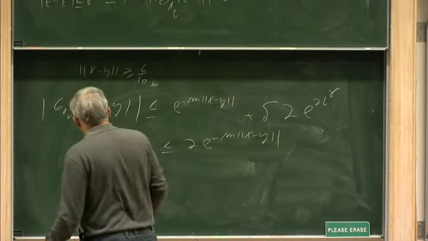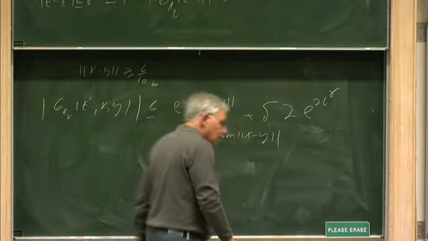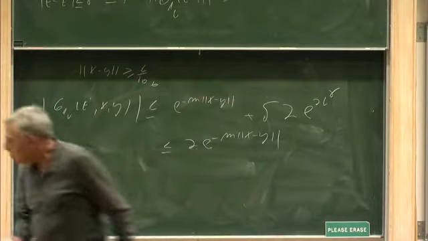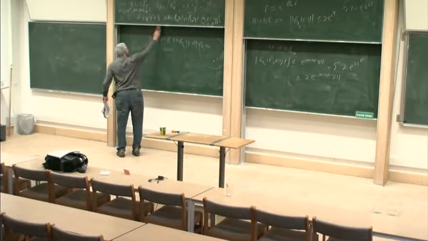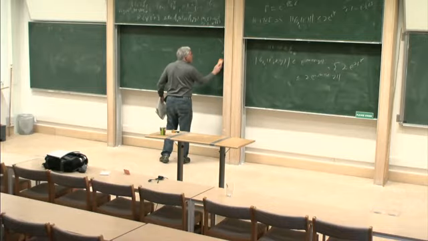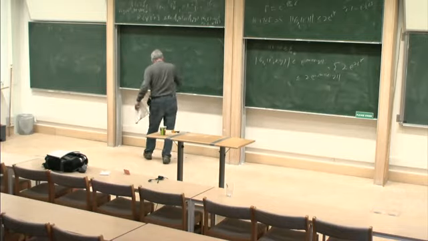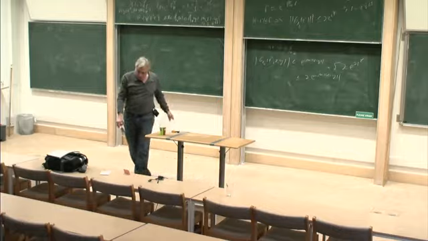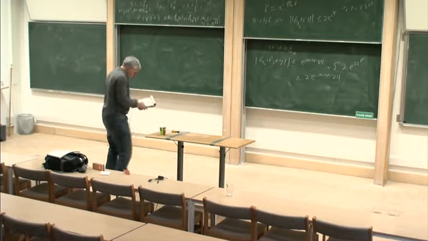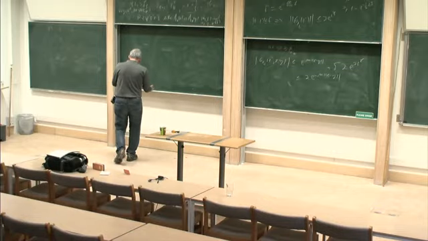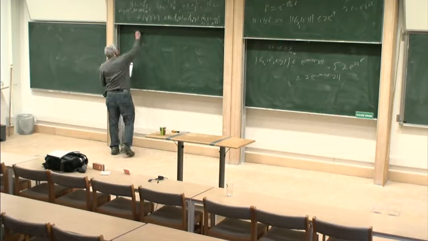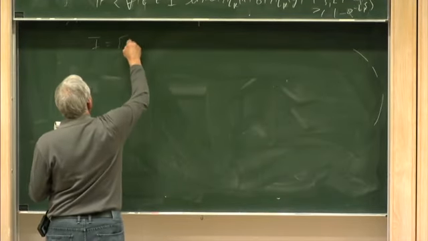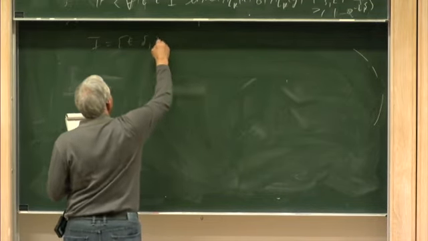So what we can conclude from these arguments is that, with E now having the interval E minus delta, E plus delta,